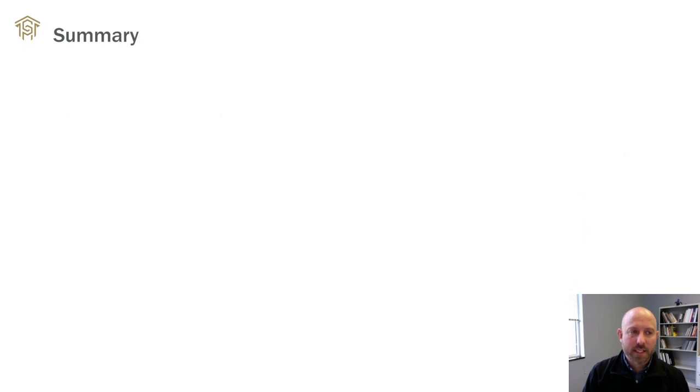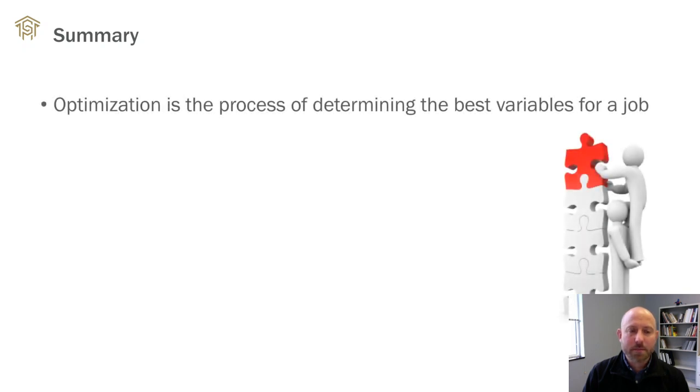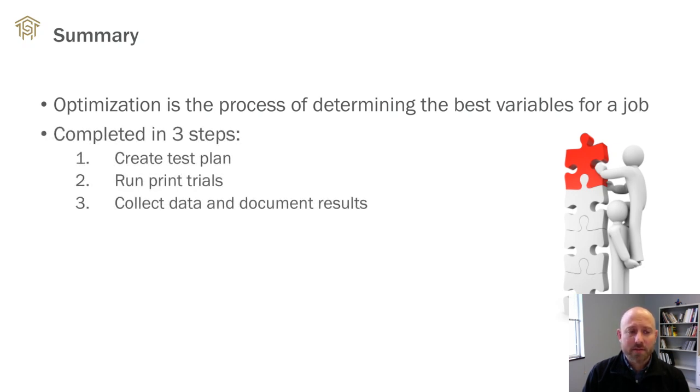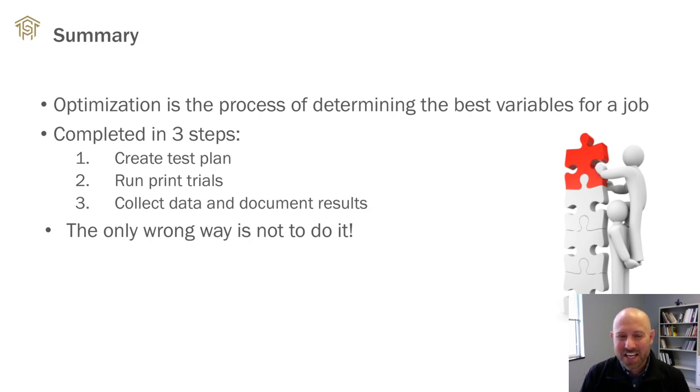So, in summary, optimization is the process of determining the best variables for a job. It's completed in three steps: create a test plan, run the print trials, collect data, and document the results. The only wrong way to do it is to not do it. I don't necessarily agree with that because there's plenty of ways to screw this up. But what this is trying to say is that